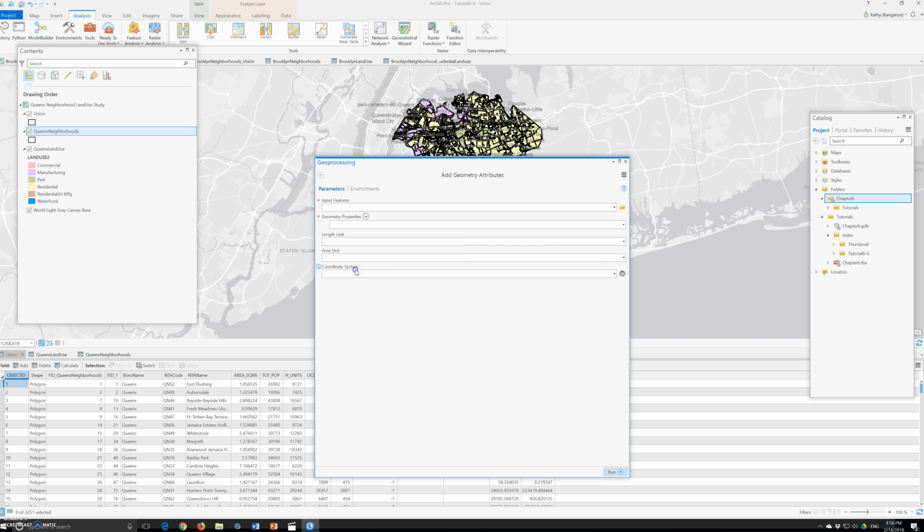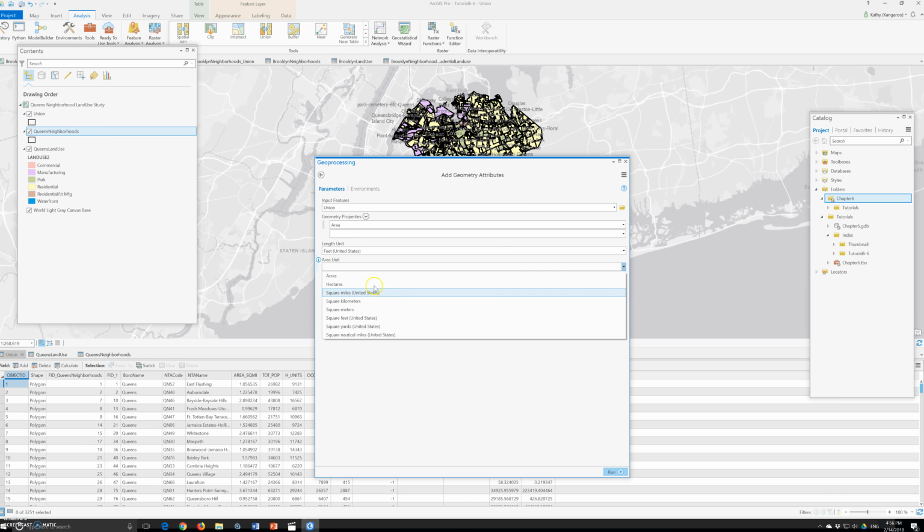tools and Add Geometry Attributes. So we will do union, geometry property. That we will have is area. And length of union, it will be feet United States. And area unit, it will be acres. And coordinate system, it will be Queens. Okay, right here. So NAD 1983, State Plane, New York, Long Island, FIPS 3104 and feet, their coordinates will